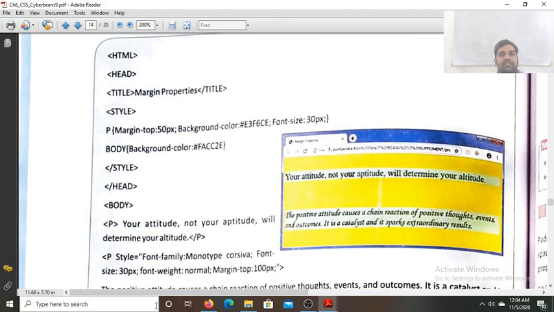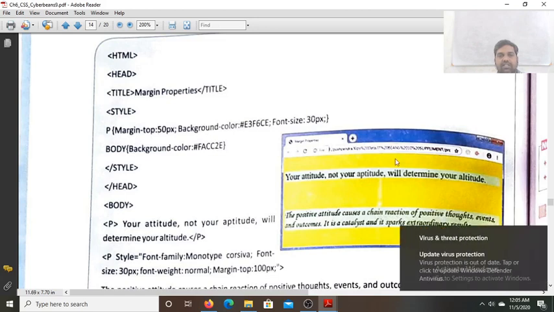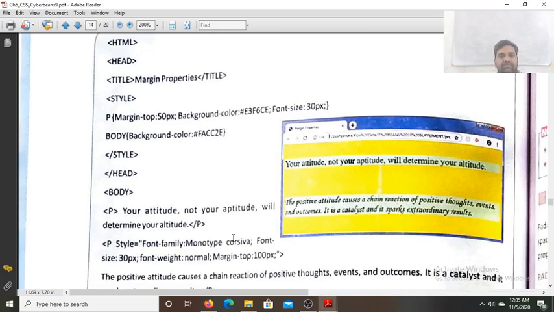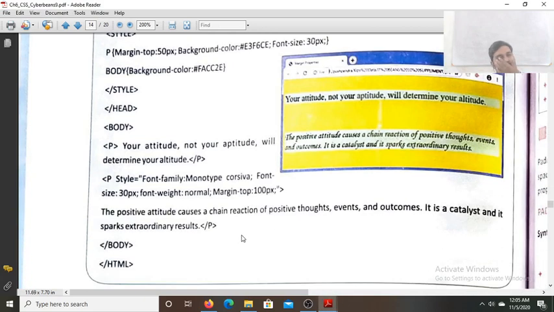So here the CSS rules are written inside the style for the paragraph: margin-top 50 pixel, background yellow color, font size 30 pixel, as you can see here. Now see inside the body what is written in the first paragraph: your attitude, not your aptitude, will determine your altitude.